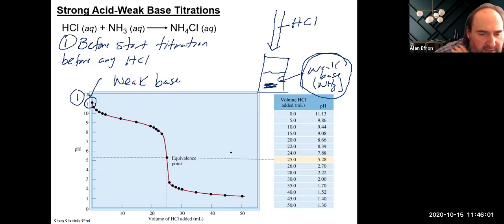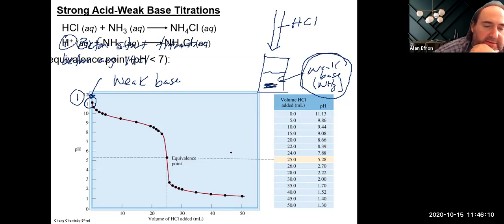Again, because it's a weak base and it's a base, we're starting out at a higher pH in this case. And what that means is in terms of your calculation at that point, because you only have a weak base before you start the titration,